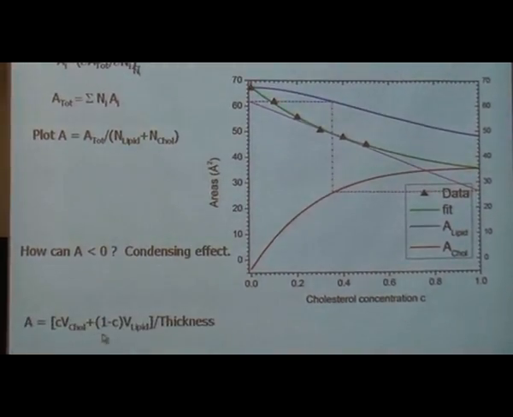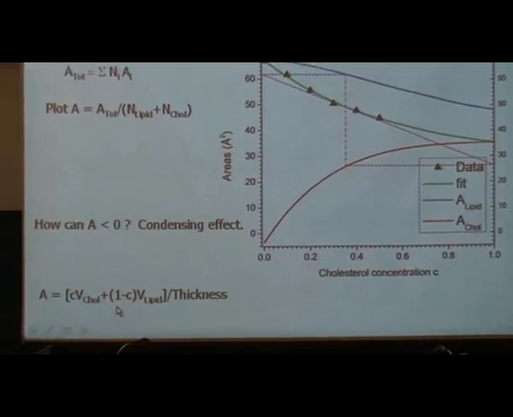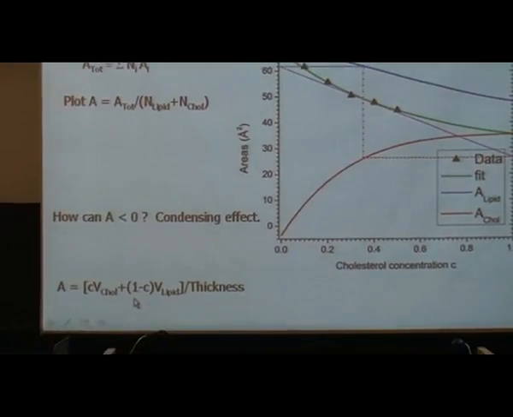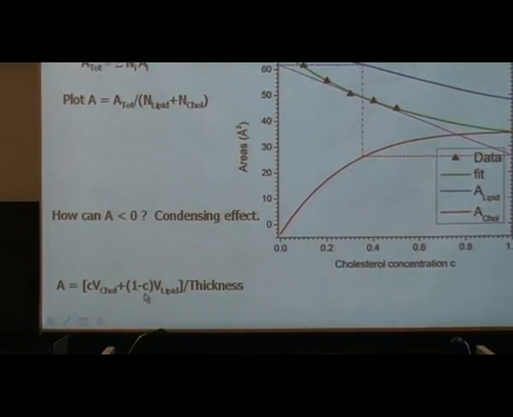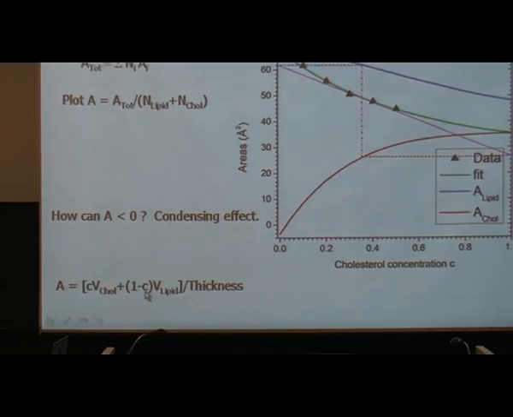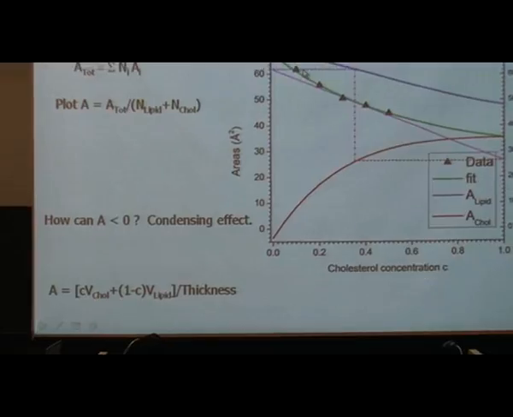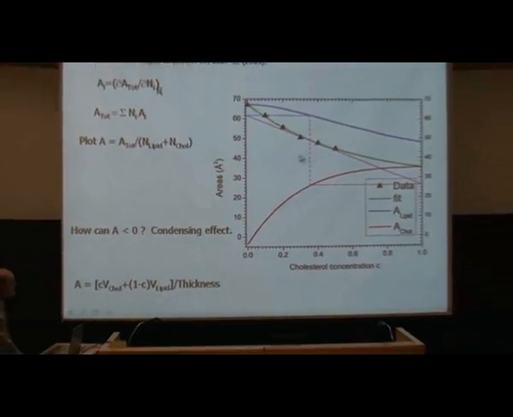The only thing that I didn't explain, this is for Ollie, is how I actually get these areas from the experiment. We have very accurate volumes for both of these things, again using the partial molecular volume idea and the concentration. And we have a pretty good idea of the thickness. So these are derived quantities to a certain extent, but it works.